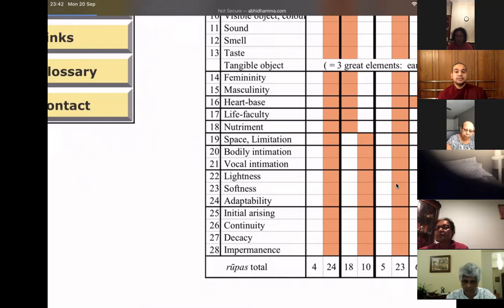That's right. Hence, life faculty is required in the process of continuity of karma. That is why a pure octad has to always have life faculty supporting when it comes to karma rupa, because of the requirement of continuity demanded by karma in the production of karma rupa dependent on karma.